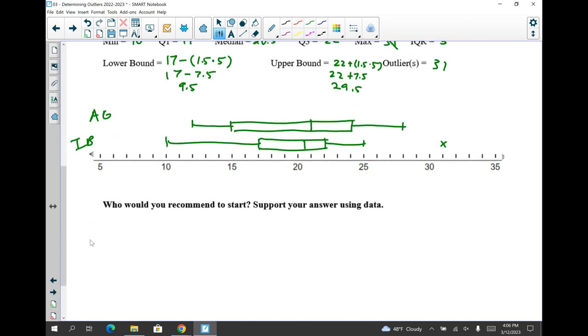Okay, so then down here, it just asks, who would you recommend to start? Support your answer using the data. And there's no one correct answer here. Not only is it opinion-based, but you can make different arguments for different things. For me, I think that Aubrey Griffin should start because